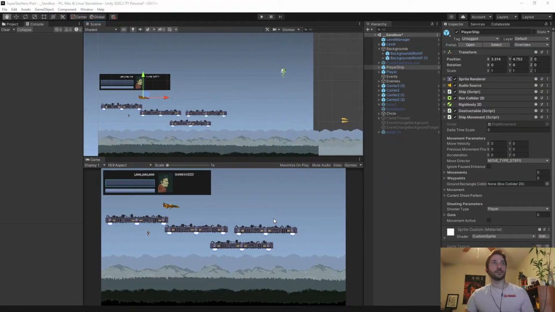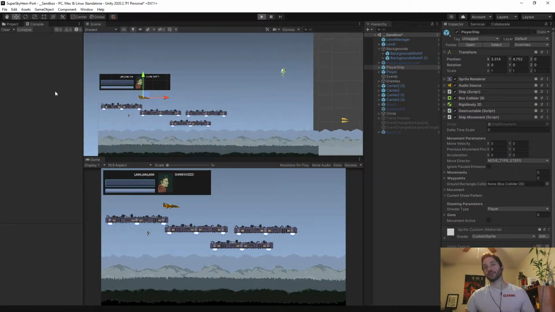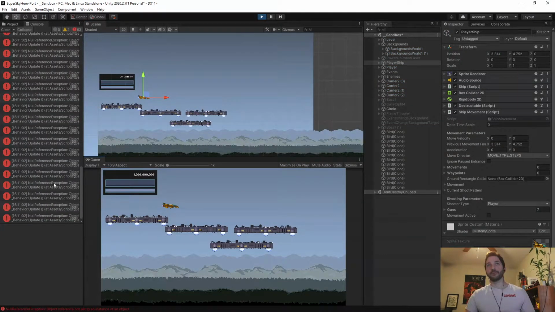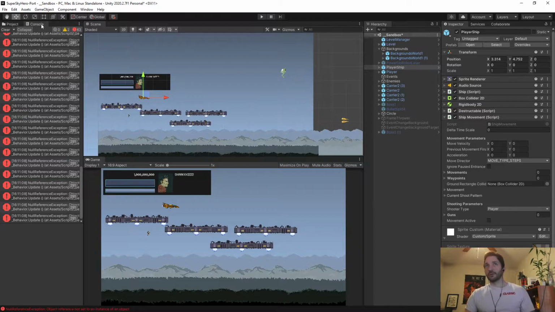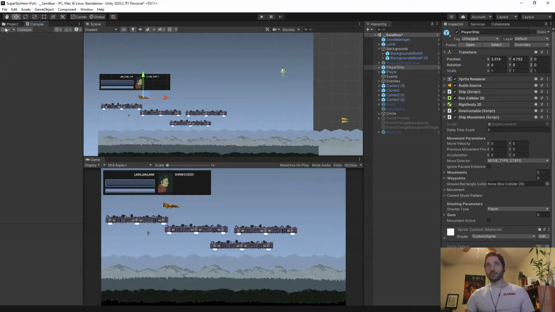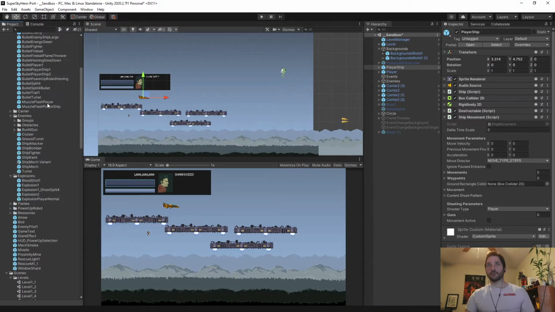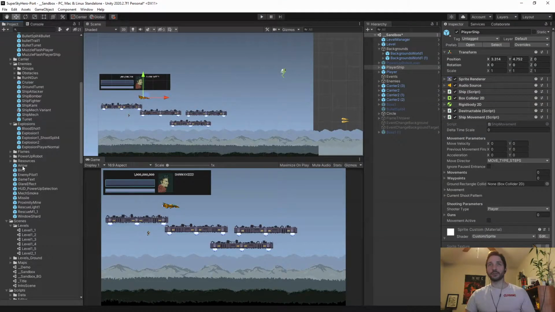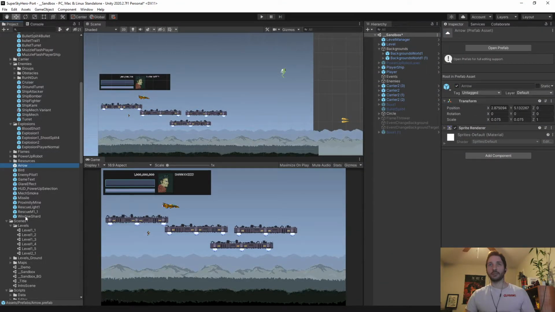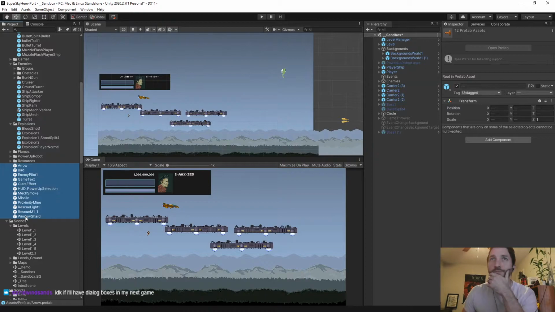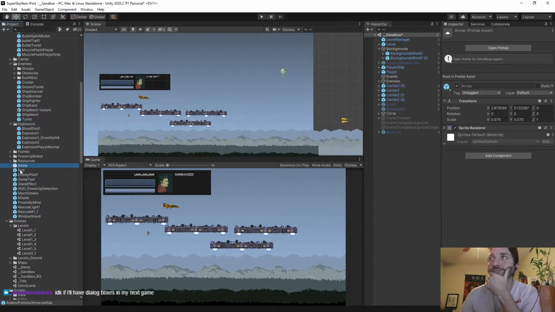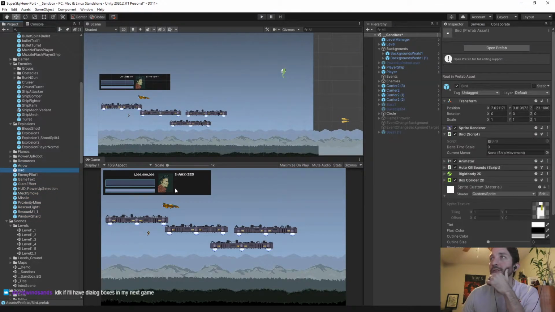So let's see then. Now that that's a thing, everything's fixed. Pressing play, everything should be broken. Should be a bunch of null pointer exceptions. Yeah, there they are. Everything's broken. I can't even move it. And that's because everything now has to have every single... no, anything that has